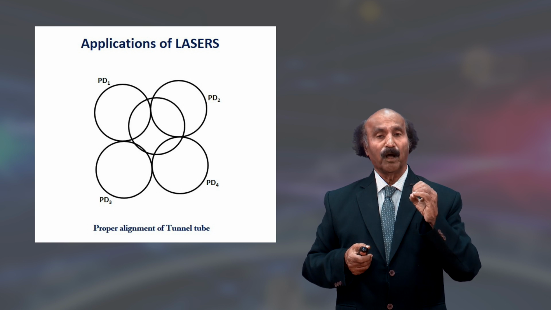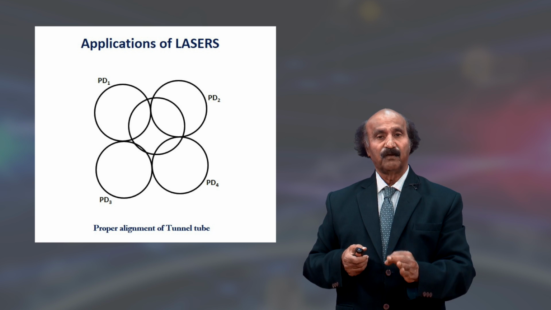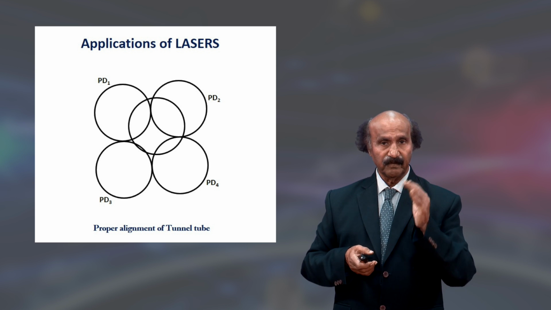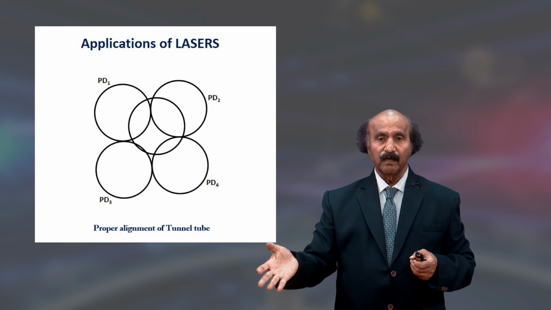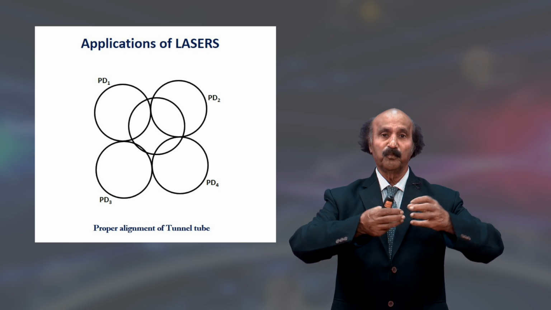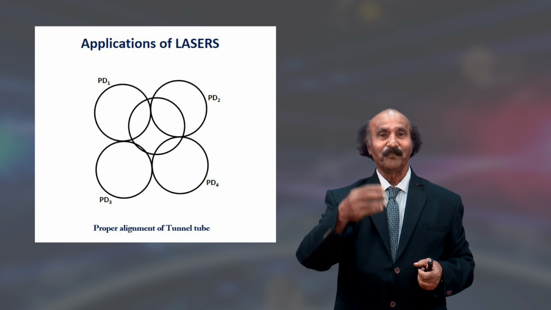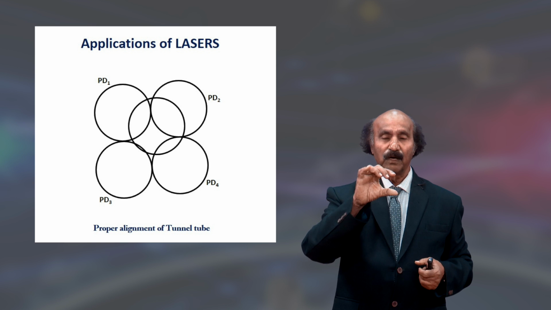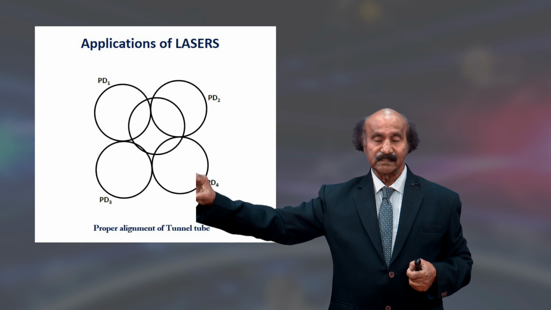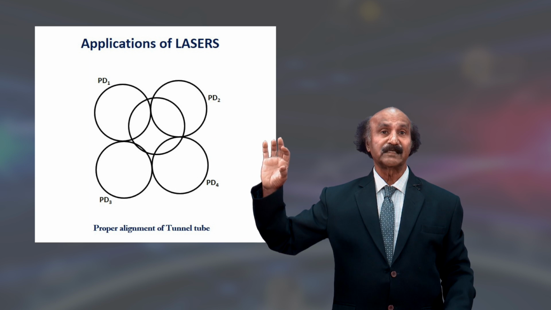Then all that you have to do is put an object one after another. If you can put an object which is blocking the first ring, then you can put another one which is aligned with it. Just imagine you have a long tube in a corridor or something. You put one hollow tube where it just allows only the first ring, then the laser has come out. But by the time it has come out, it has expanded. You must remember, it has expanded a little.